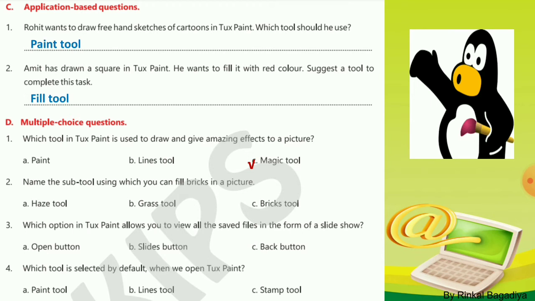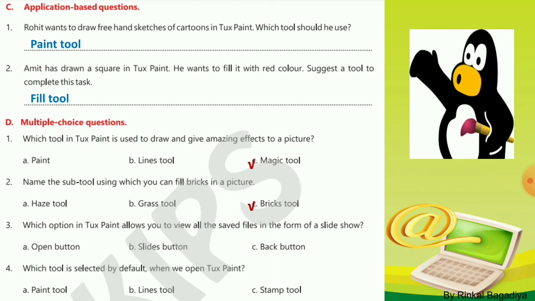Number 2. Name the subtool using which you can fill bricks in a picture. Which tool is used to fill bricks? Yes, as its name, bricks tool. So option C, bricks tool is the right answer for question 2. So put a tick mark on C, bricks tool.